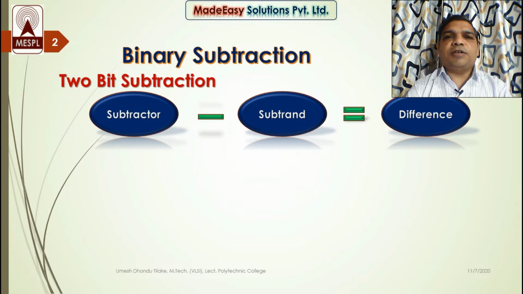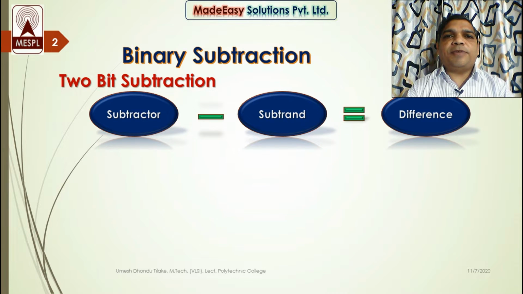Now this equation we have already discussed in detail in the video lecture on decimal subtraction, so here I am not going to discuss it in detail. Now you know very well about subtractor, subtrahend and difference. Here I have a 1-bit subtractor and 1-bit subtrahend. That means my subtractor can be 0 or 1 and my subtrahend will also be 0 or 1. So the total possibilities we have are 4. As we are learning binary subtraction for the first time, we will see all the possibilities.